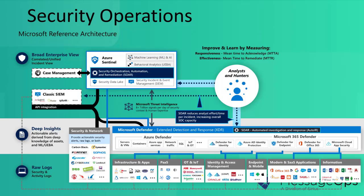You now have IoT, Internet of Things, that you have to protect. You've got mobile devices. Then, if you start going into the cloud, any cloud, you're going to need some type of protection up there, whether it's Azure Sentinel that you use to get alerts and get cases identified. All of these things are really...